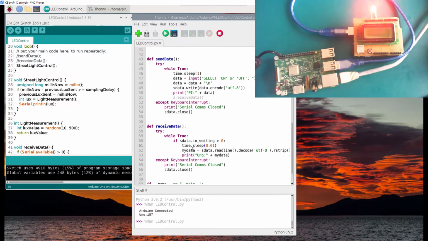Now let's try to execute it, assuming we're not going to get any error. Okay, there is no error. So now you can see that we are getting random values of lux, the light level, coming from the Arduino. Okay, so I'm going to stop it. Now what we have to do here is basically